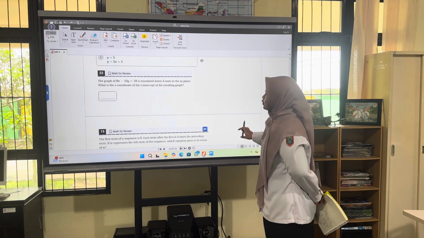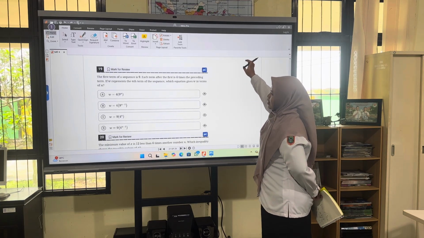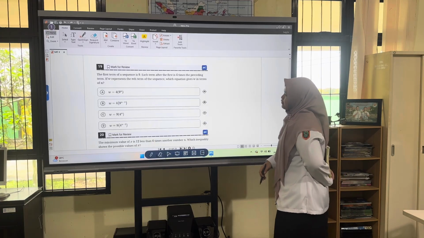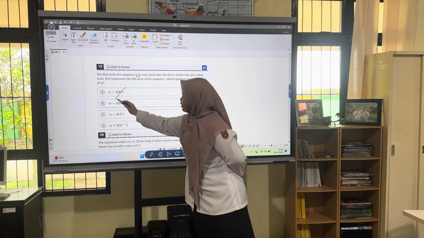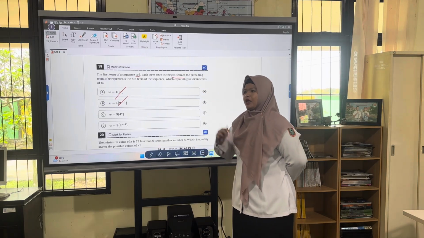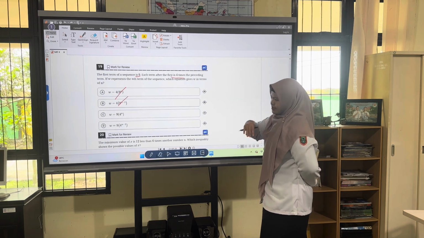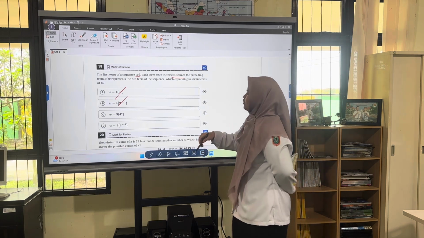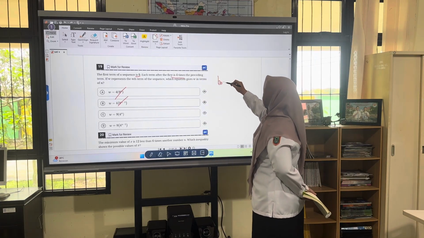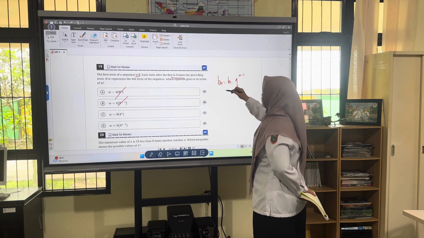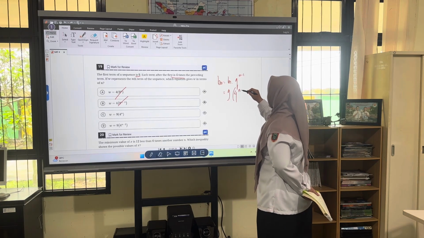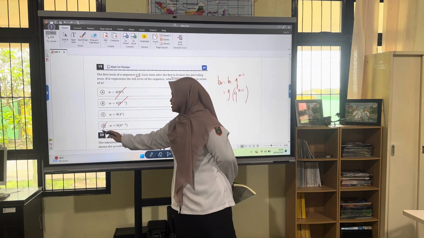Okay, now we go to another question, number 19. This question is similar to the previous one, because they said the first term of the sequence is 9. And then each term after the first is 4 times the preceding term. So, yes, the preceding term means after by after. And then what does y represent for the nth term? So the Bn formula is B1 times the ratio to the power n minus 1, where B1 is 9. First, for the first term, it shows the ratio to the power n minus 1, so the answer will be D.